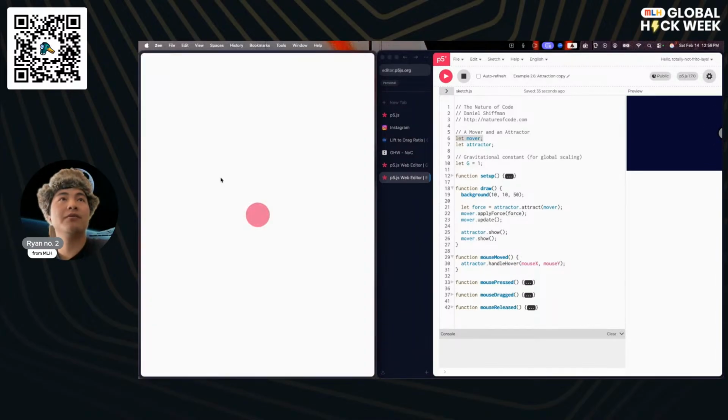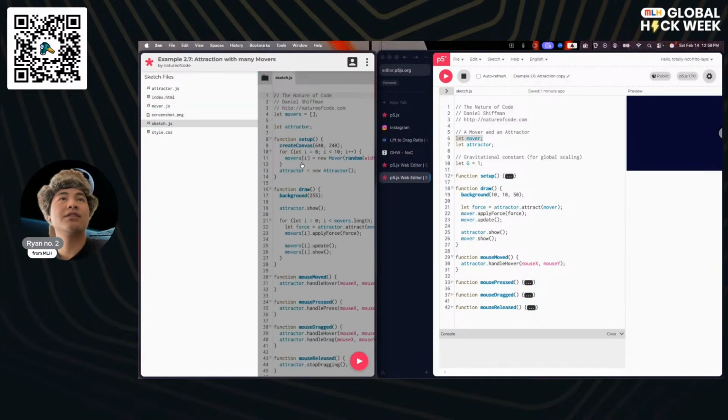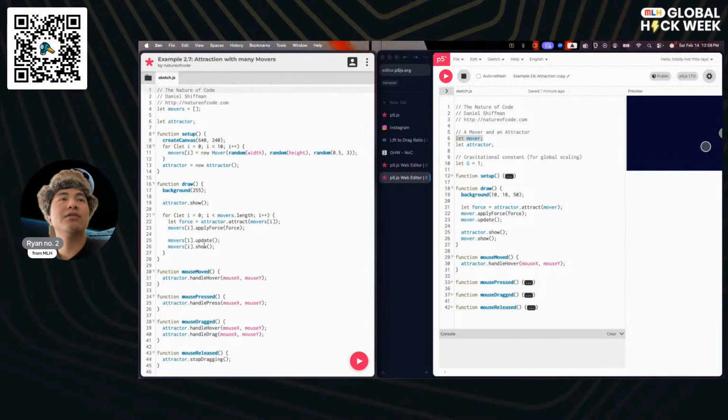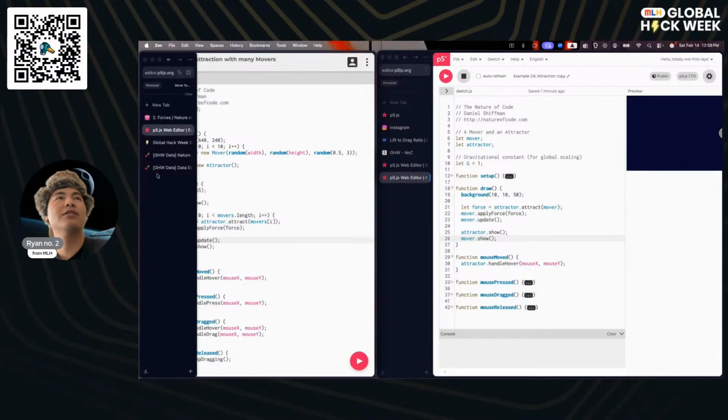So if we pop this open over here, move over to sketch.js, we should see that this is pretty similar to this over here. Attractor.show, apply force, update, show for each thing inside. Yeah, it's pretty much the same thing.